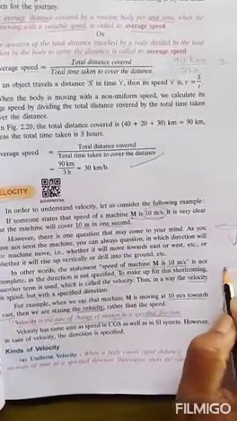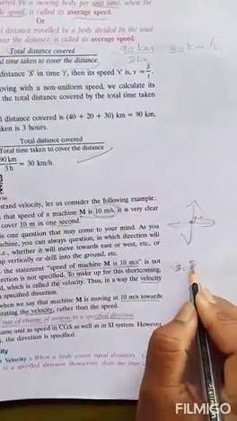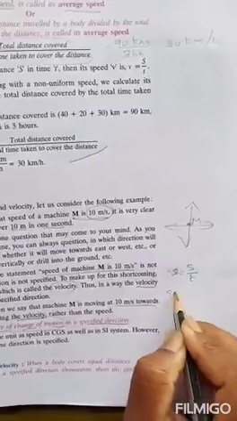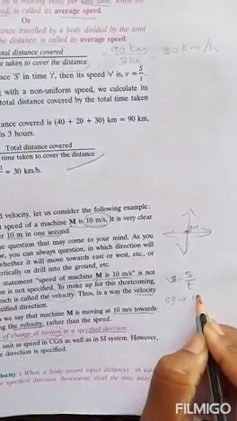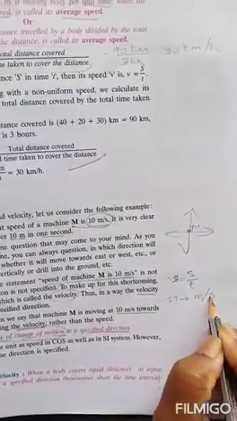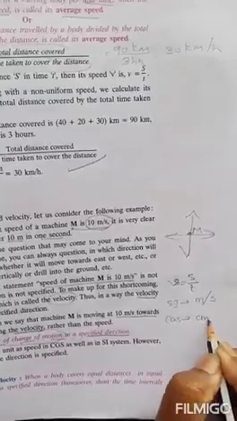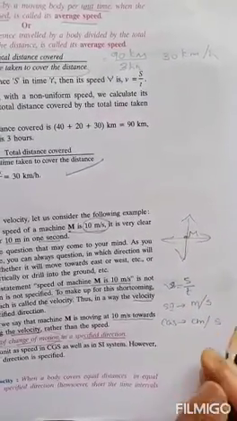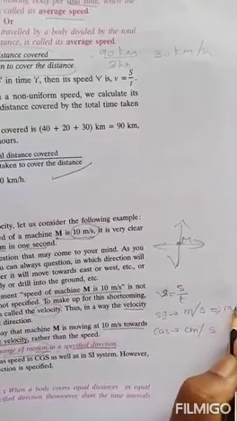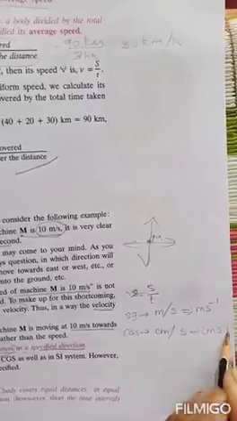The speed formula is distance by time. In the SI system, the SI unit of distance is meter and of time is second. In the CGS system, the units are centimeter for distance and second for time. So the units are meter per second, written as m s^-1, and centimeter per second, cm s^-1.